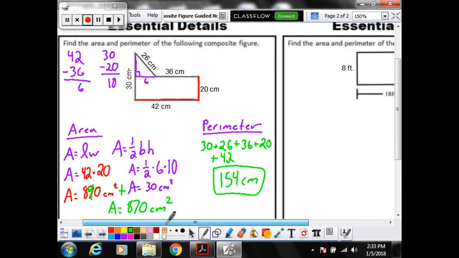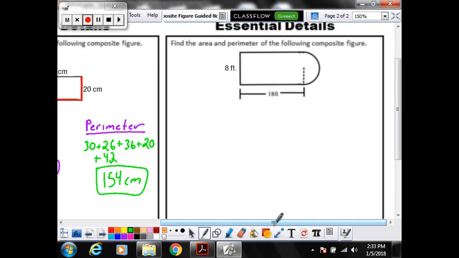Alright, so last example. This time we find the area and perimeter of something that has, once again, 2 shapes, but the shape on it can be a little bit harder sometimes to use. When we look at this one, we have a rectangle formed right here, and then we have a semicircle. This was known as a semicircle because it's half of a circle. And it's very important to remember that it's half of a circle because we can use that half number to